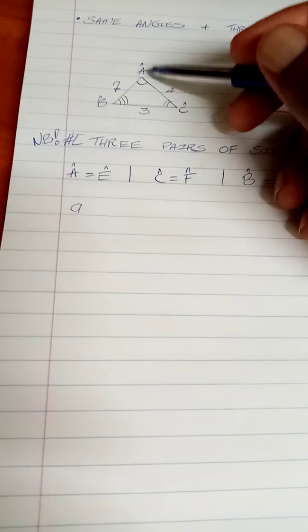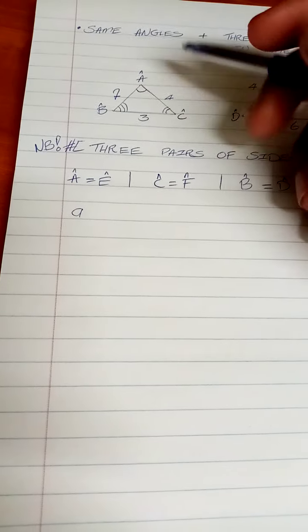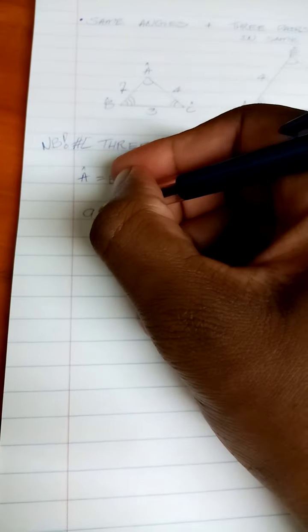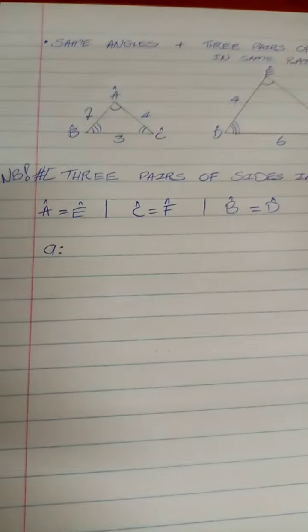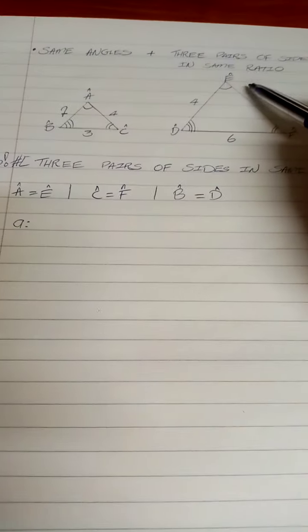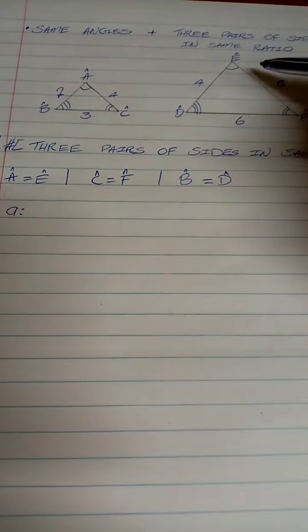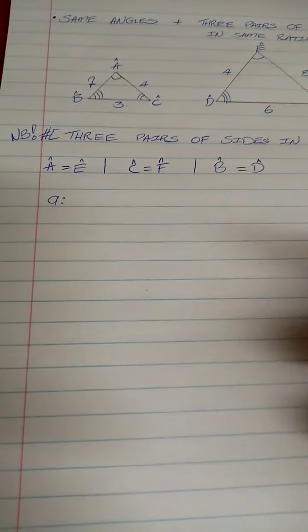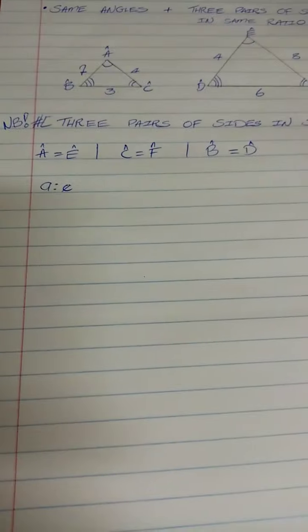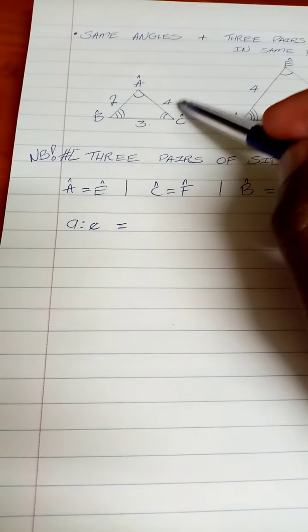So we would call this side A because it is in the opposite direction of angle A, right? Angle A to the ratio of this triangle right here, side A with E. Since E and A are equal angles, the opposite side of E, which we will call side E, their ratio should be equal to the ratio of B, which is side B,